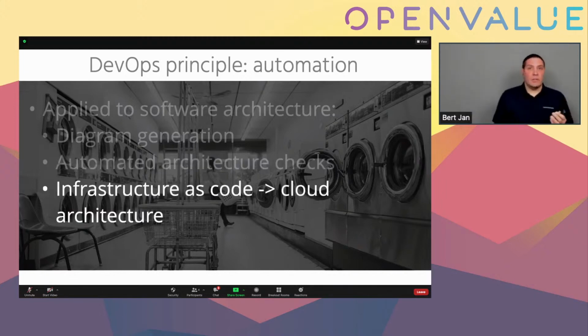And infrastructure as code is something you can use to also automate your architecture, but then I'd say it's less about software architecture, but more about cloud architecture. So if you design your system to be run in a cloud environment, then obviously it's helped by automating the provisioning of these environments, because this also allows you to make sure that all your environments are configured in the same way, instead of the problem that it works in acceptance but not in production because something was just not configured in the same way.